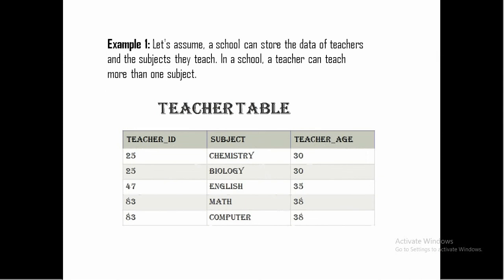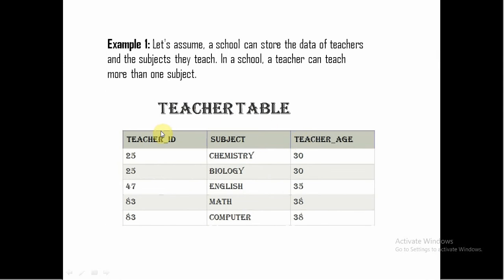A school can store the data of teachers and the subject they teach. A teacher can teach more than one subject here. Here there is a teacher ID, 25, who is teaching Chemistry and also Biology, and their age is 30. Teacher ID 47 is teaching English, and 83 teaches Math and 83 also teaches Computer. So here the non-prime attribute teacher age is dependent on